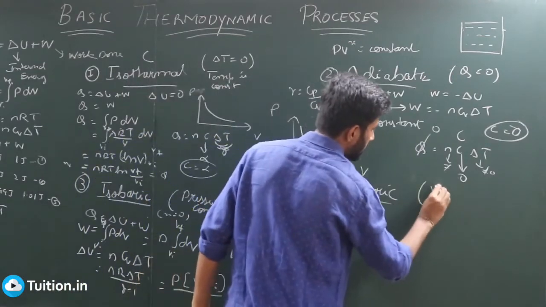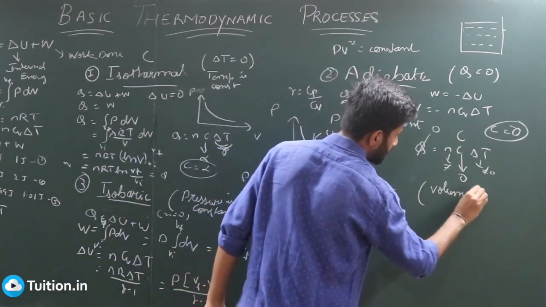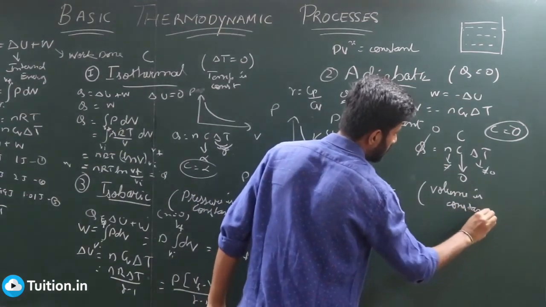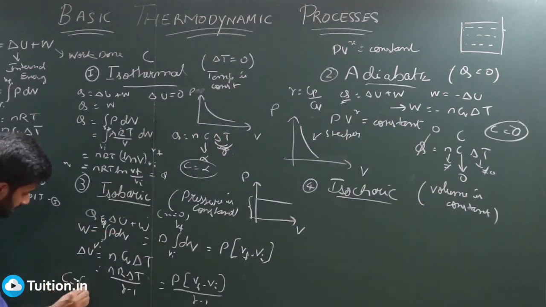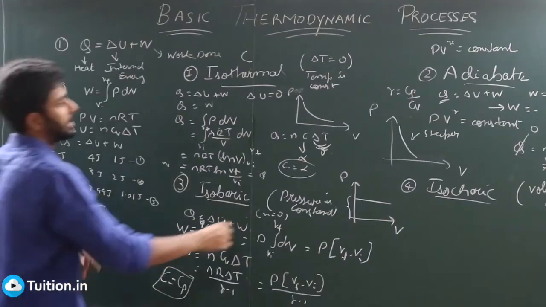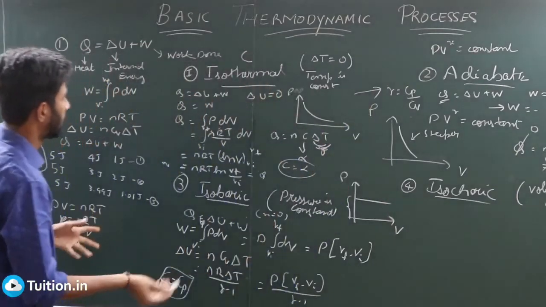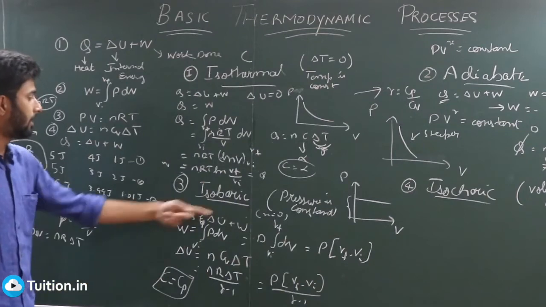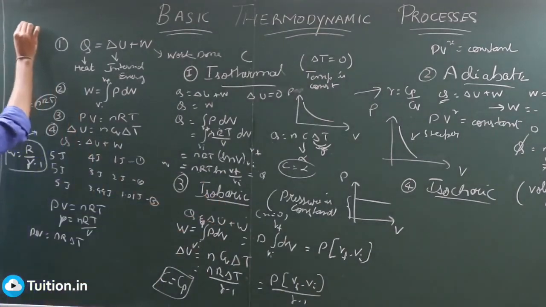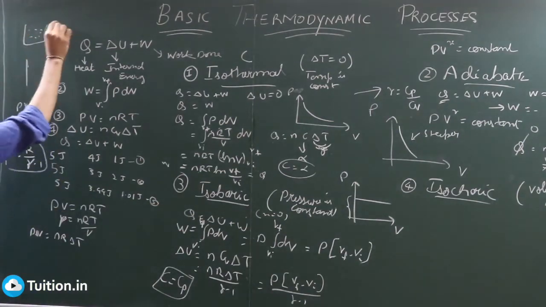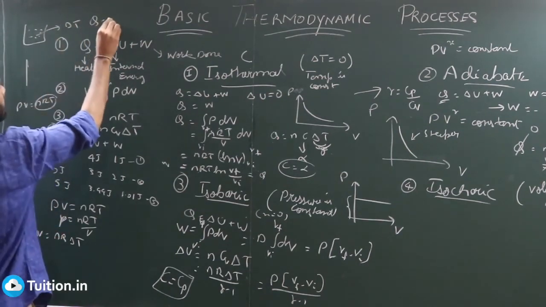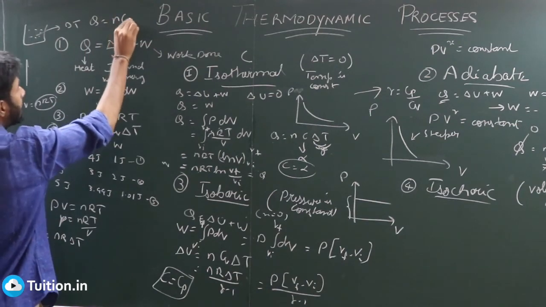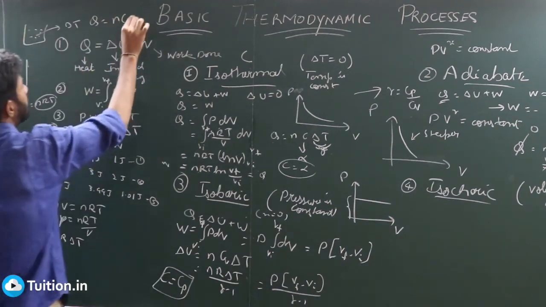The characteristic of isochoric process is that volume is constant. Oh, by the way, what is the C for the isobaric process? The C for this process is nothing but Cp, right? The Cp that we have been using in the formula for gamma is the Cp valid for this particular process. So if I have a gas in some container, and I know that this will undergo an isobaric process, and I know the change in temperature, then I can know how much heat has been supplied, because Q will simply be equal to nCp delta T.